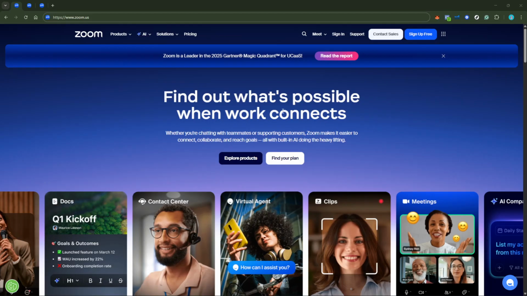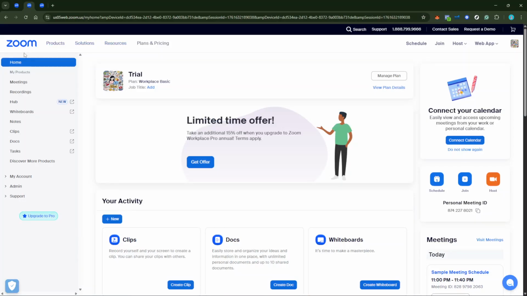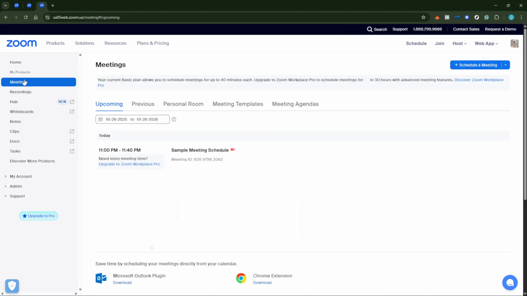First things first, you'll need to start the Zoom meeting as the host. This is the person who creates and schedules the meeting, and only they have the authority to designate a co-host. So make sure you've logged into your Zoom account and have started the meeting as the host. Once the meeting is